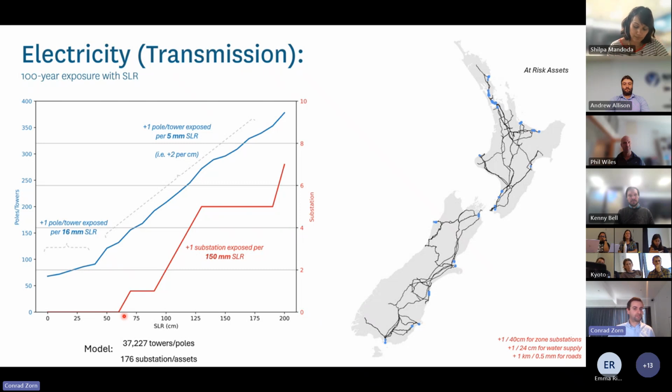of transmission infrastructure, very expensive to build these substations. Any renewal, we need to start focusing on these ones at the lower end here and highlighting some of those at-risk assets. In comparison, I won't go through all of them, but zone substations and water supply nodes that are represented in our model lie somewhere in between. So you're getting about one more zone substation for every 40 centimetres of sea level rise, and one more water supply asset, it could be a pump, a reservoir, treatment plant, an intake, for every 24 centimetres